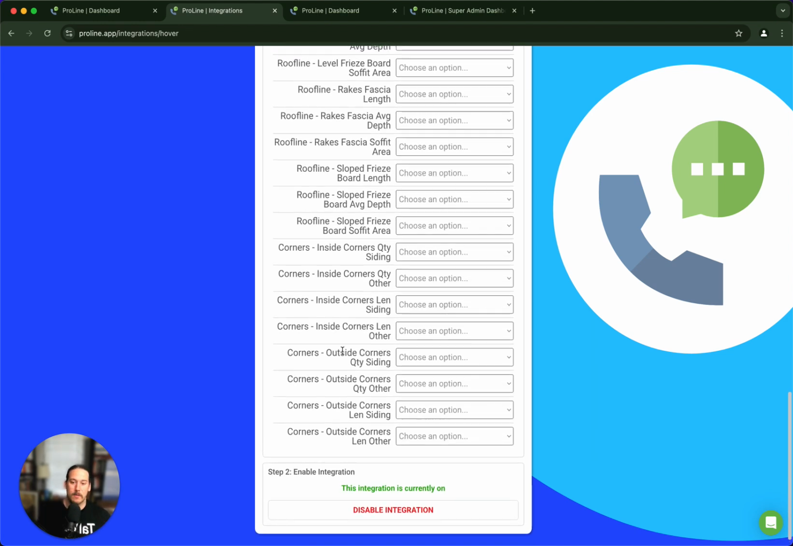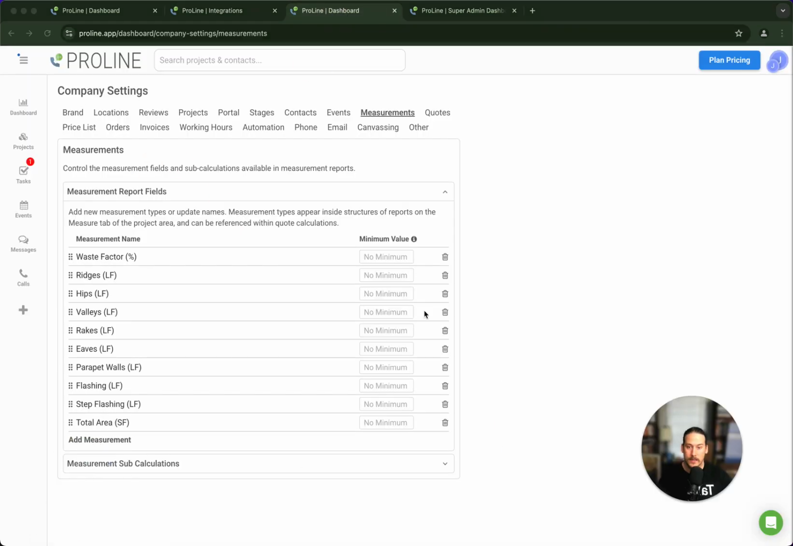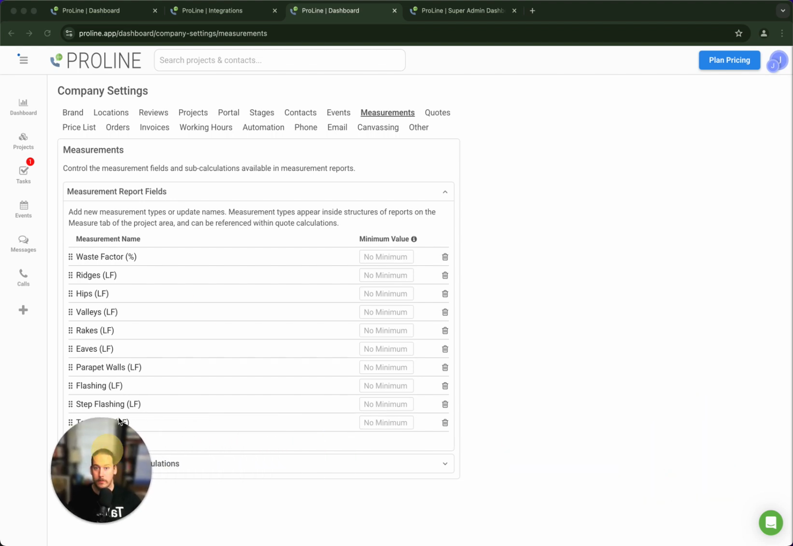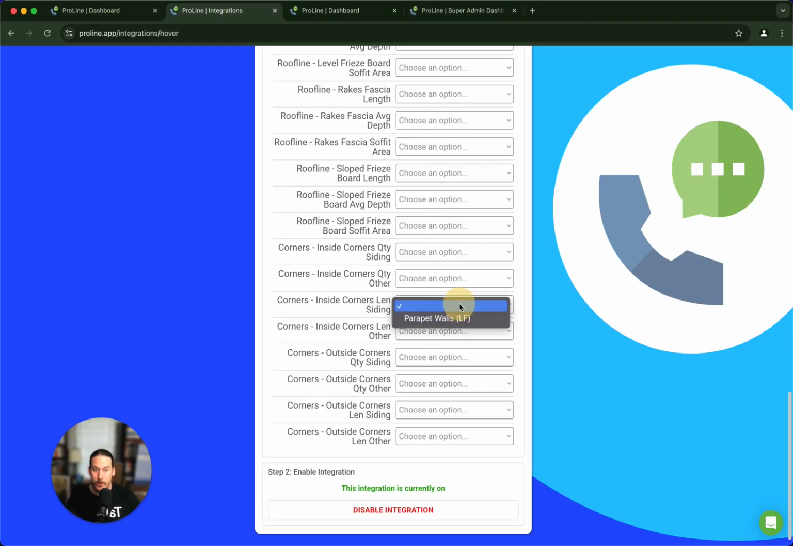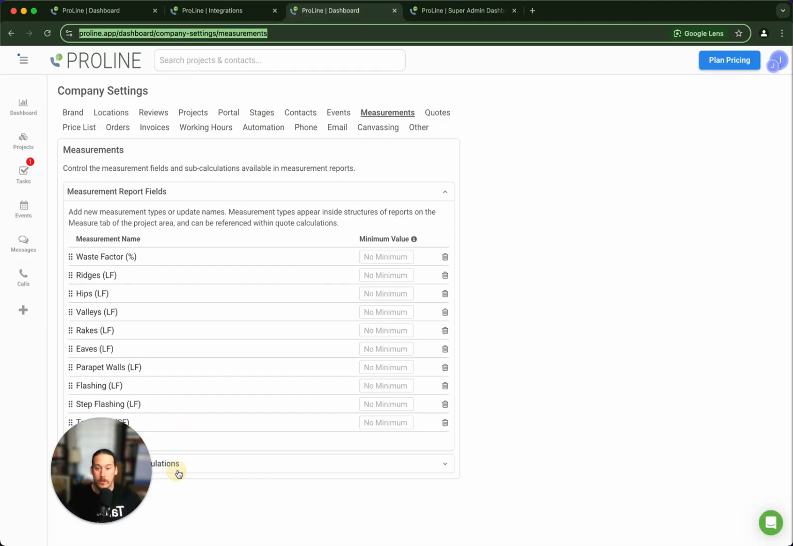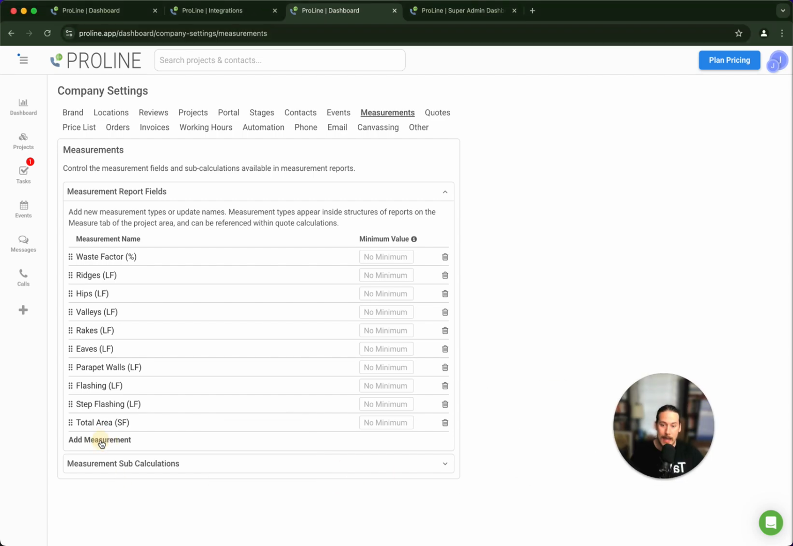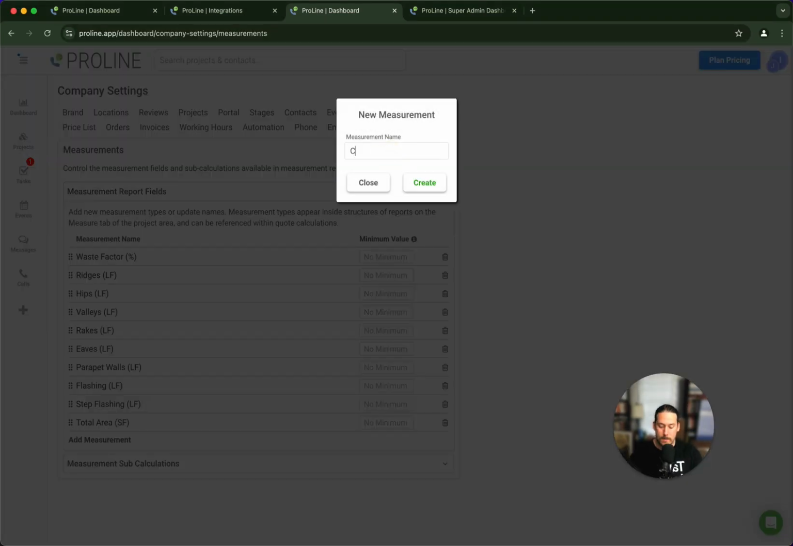Now, the thing to keep in mind about this is that out of box, like we said, the only things that are inside your ProLine account are going to be the standard roofing measurements. So if you want to have any of those be able to be mapped via integration, you're going to obviously have to have an option for them to be mapped to. So to do that, you're going to come over here and hit add measurement, and then you're going to type in the corresponding